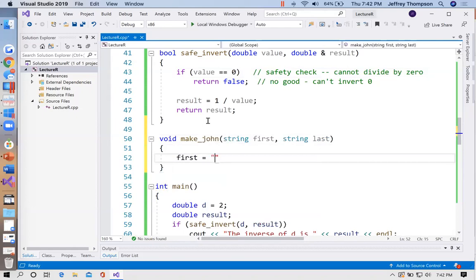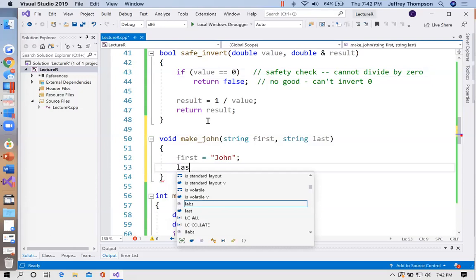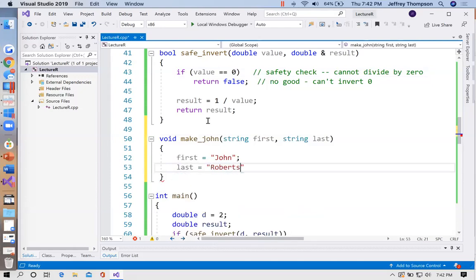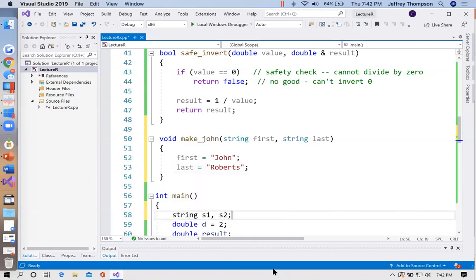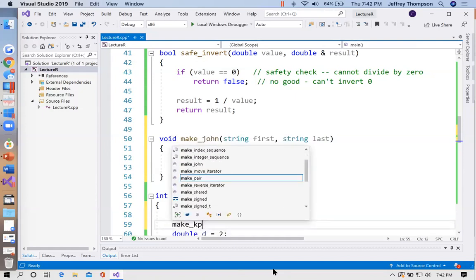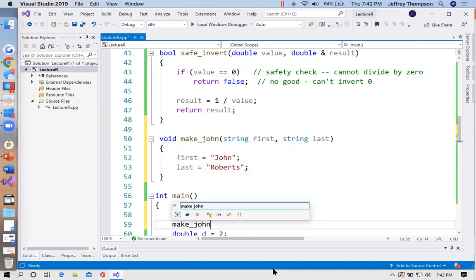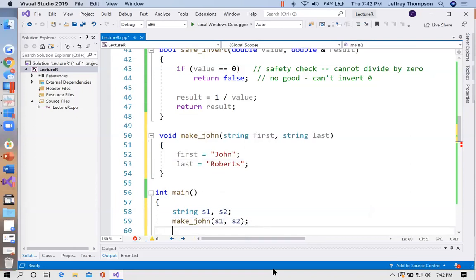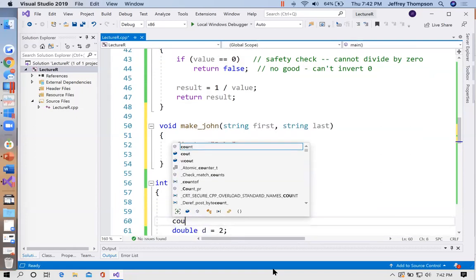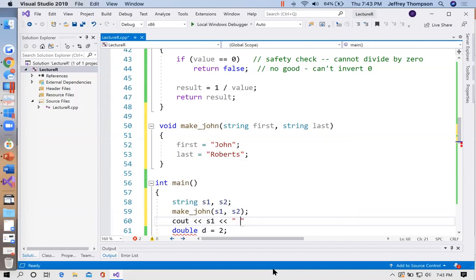So I want to be able to set the first name equal to John and the last name equal to Roberts. And so I want to be able to call make John with two strings and then print out those results. String S1, S2. Make John S1, comma S2. And then if I print them out, print out S1 followed by a space, followed by S2, then it should